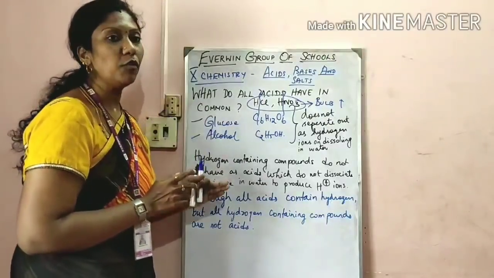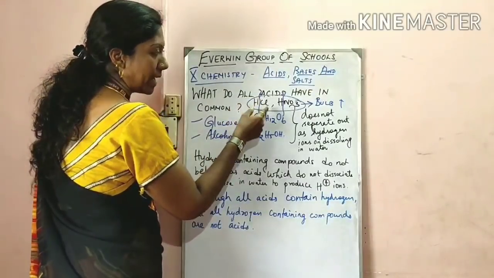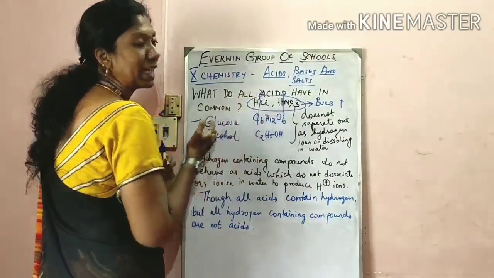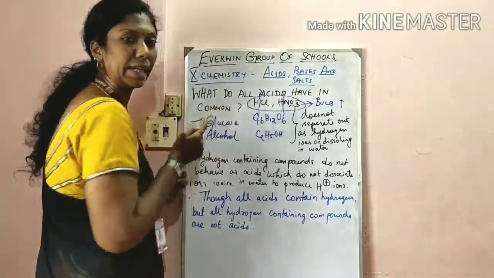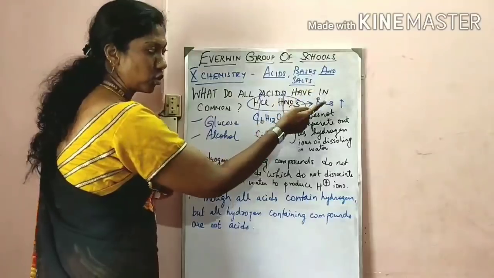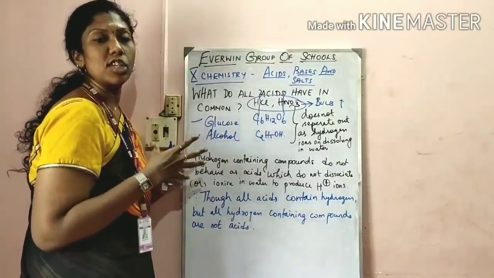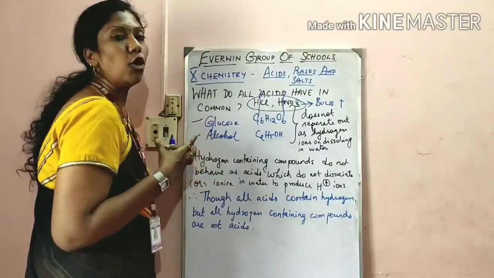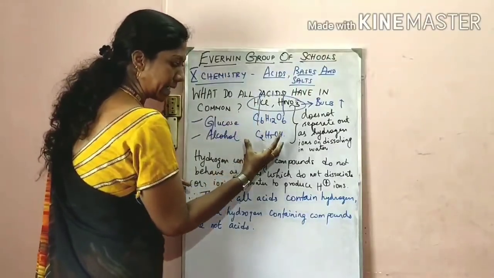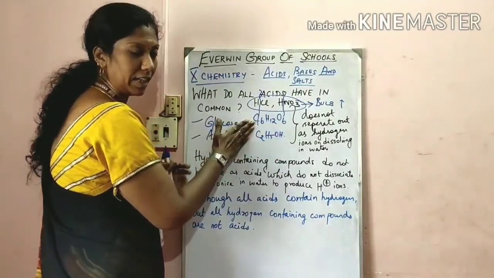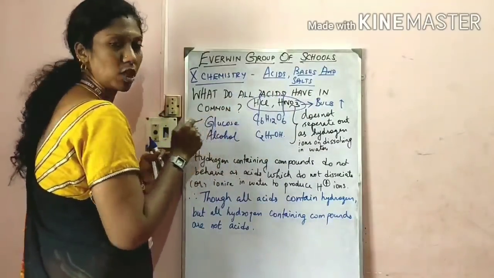This is what we have inferred from this activity. Again I repeat, the strong acids HCl and HNO3 will get easily dissociated to H plus ions, thereby they conduct electricity and the bulb starts to glow. Whereas in glucose and alcohol, there is no easy dissociation of H plus ions, or they do not ionize to H plus ions in water. Thereby they do not conduct electricity. Since there is no conductivity in glucose and alcohol, the bulb will not glow with these two solutions.